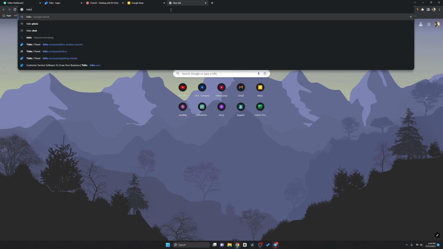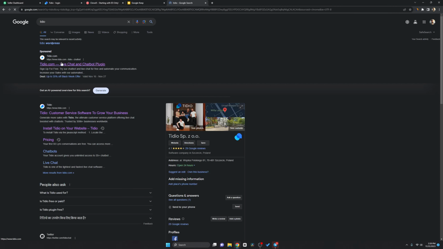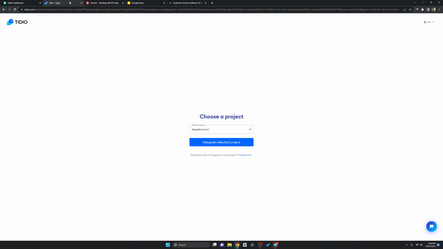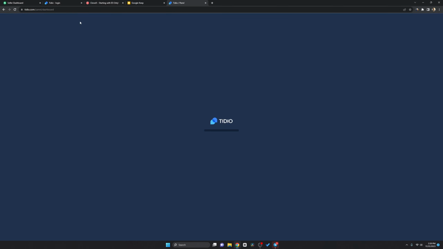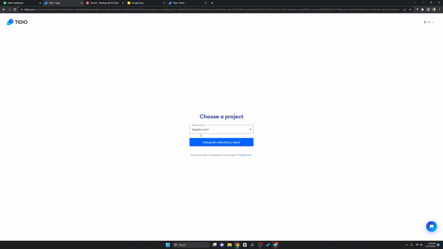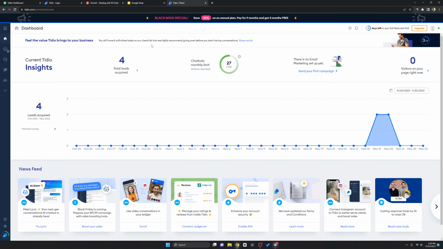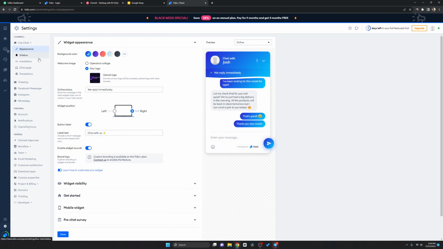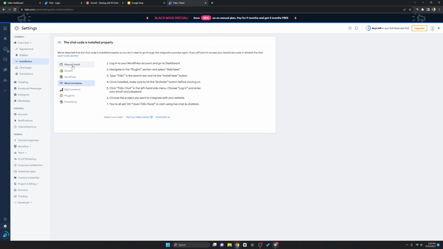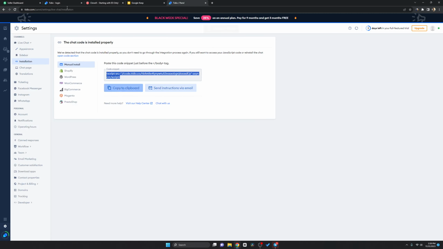So what I'll do, I'm just going to go to my app, and I just want to remove the project called Capia because it is not available now. So let me go to settings and go to installation, code selection, go to manual, go to code,